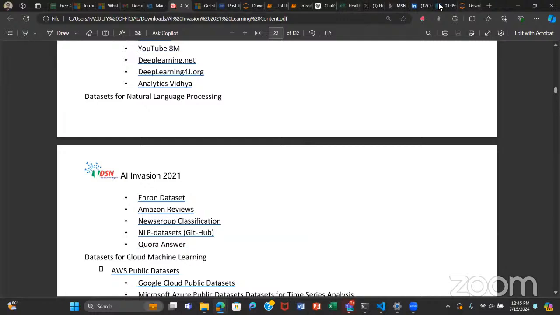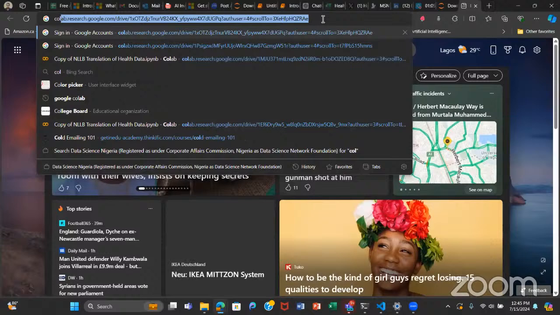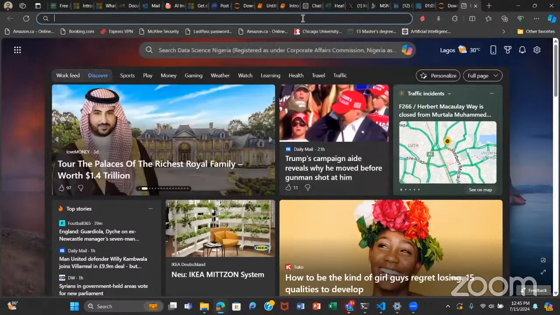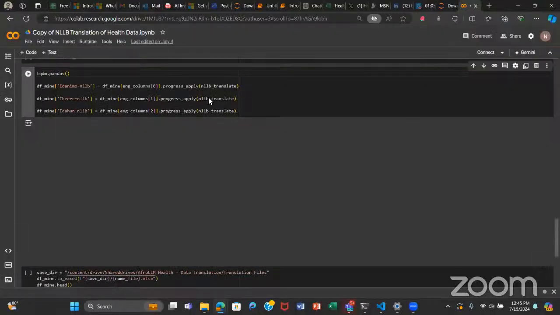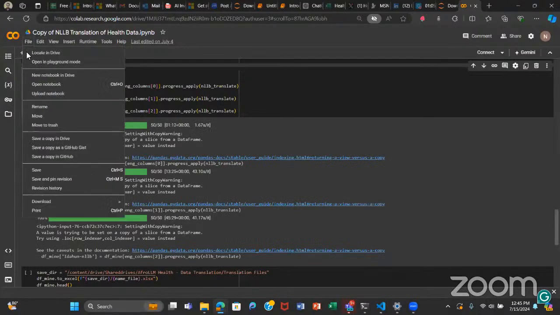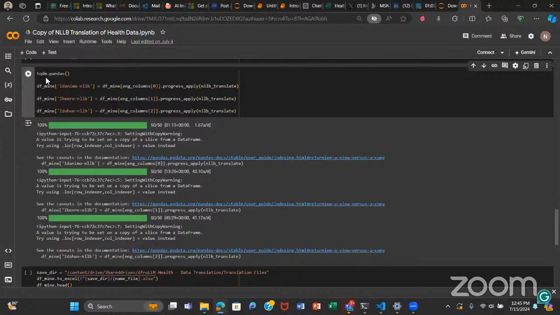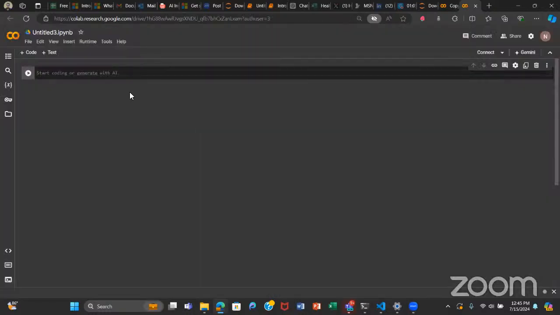So being in Colab, it gives you a place to type underneath.